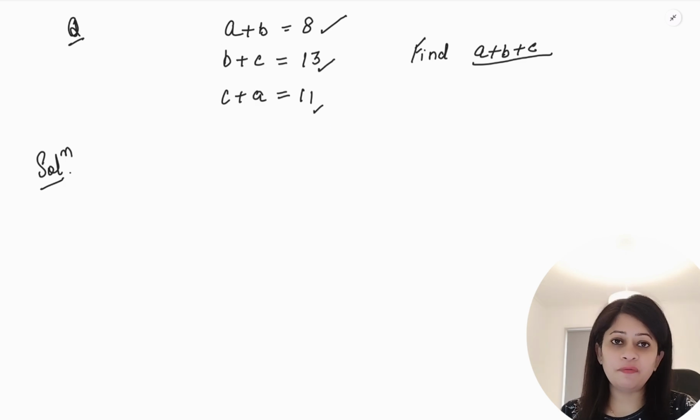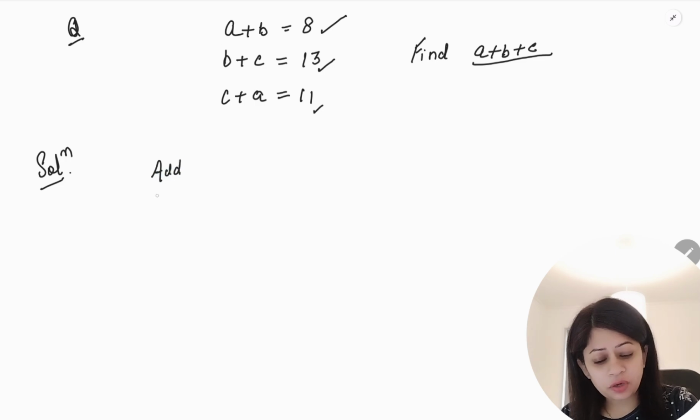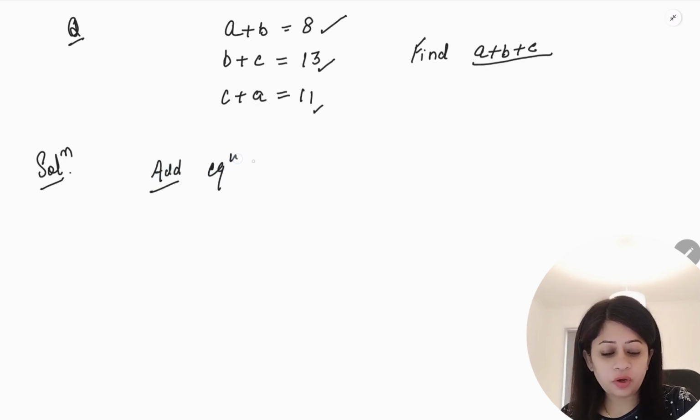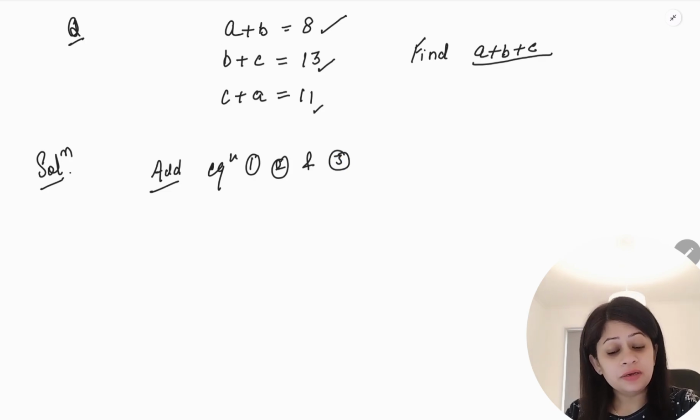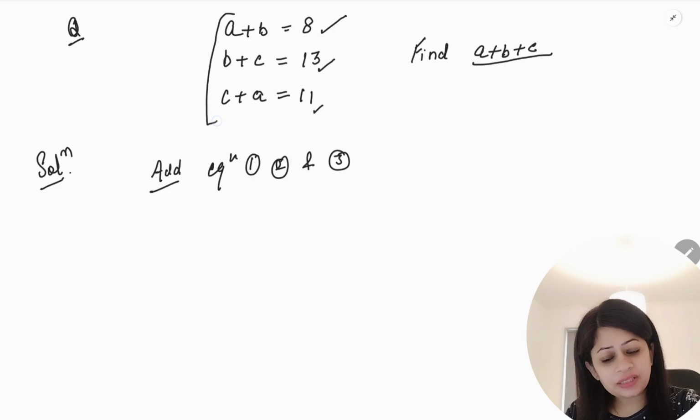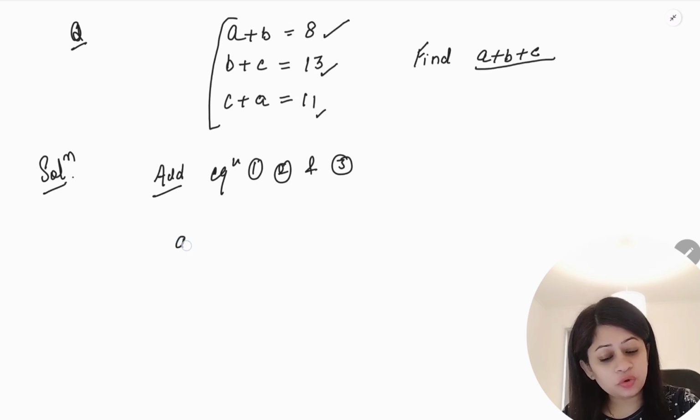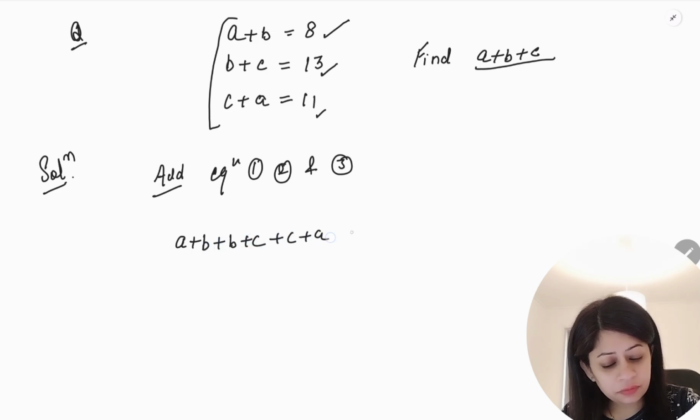Whenever you get this type of question, and you don't need to find a, b, c, then what do you do? You just add all these equations. Add equation number 1, 2 and 3, right? Why am I adding that? If you add them, you can notice the pattern here. Observe that if you add them, it will become a plus a, 2a, right? So I add them. I add the left hand side,